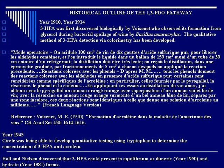The discovery of the 1,3-propanediol pathway has been outlined as in this slide, with reference to Wozniak at 1910. In year 1945, Circle developed one quantitative method to determine the concentration of 3-hydroxypropanaldehyde using tryptophan and acrolein. This method has been used until now, before the